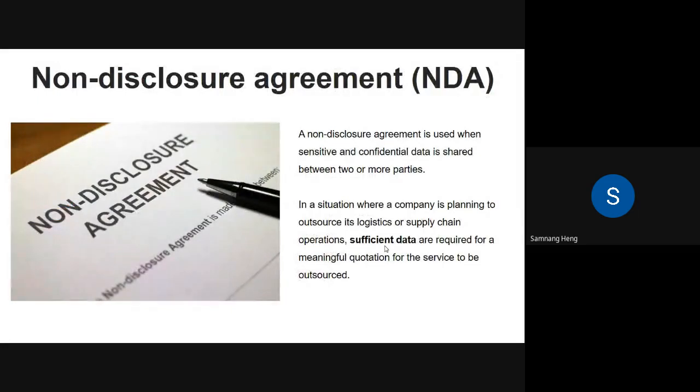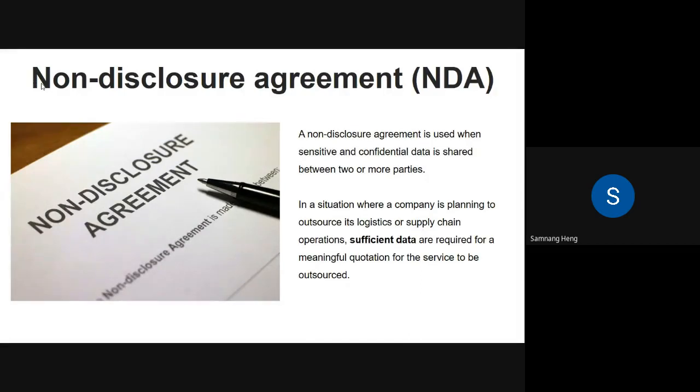So non-disclosure agreement, acronym is NDA. A non-disclosure agreement is an agreement between two or more parties. They agree that you're not supposed to show it to the public. Let me break down the word non-disclosure really quick. Disclosure comes from the word close. When you negate it, it becomes open, and then you add non before it, so it's the opposite of open: close again, something private.